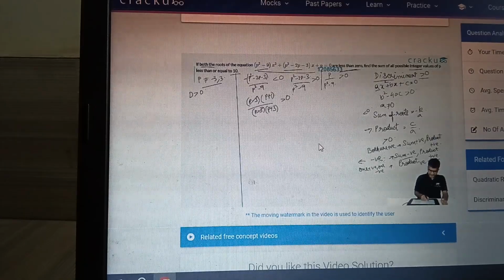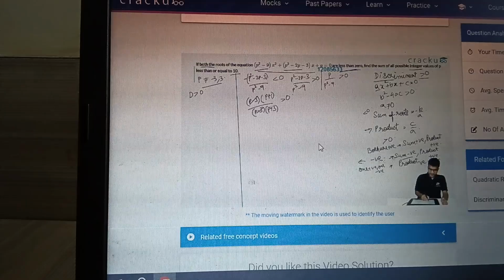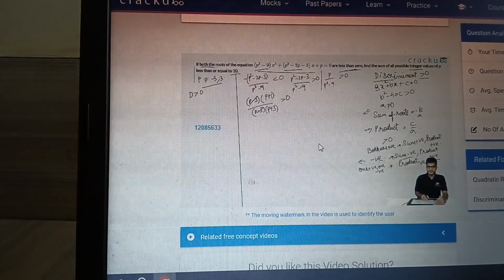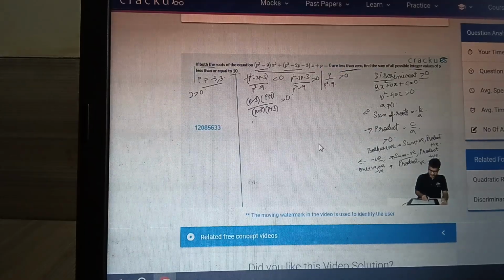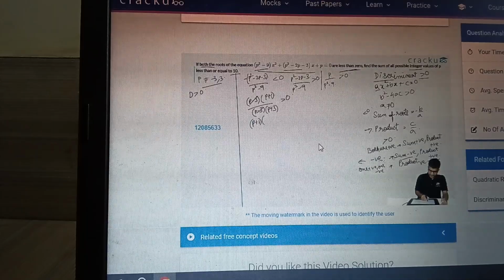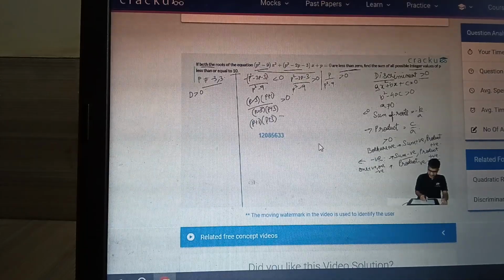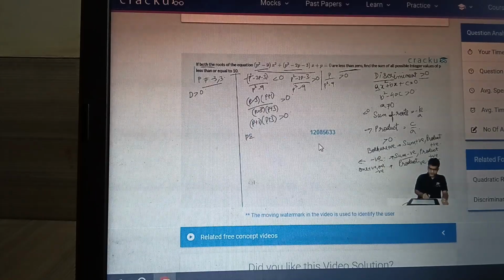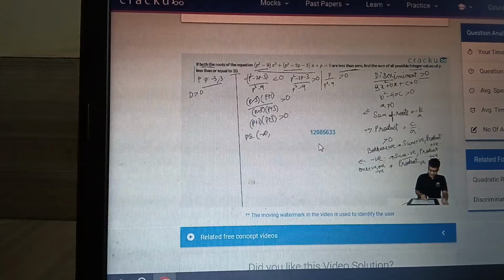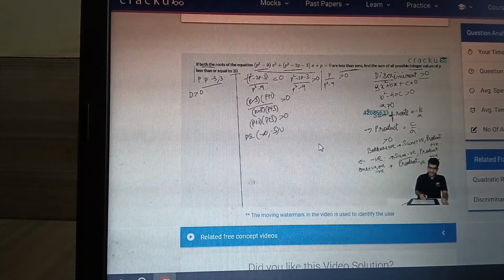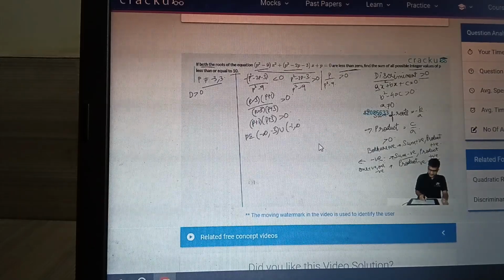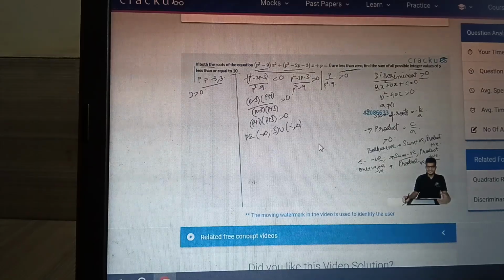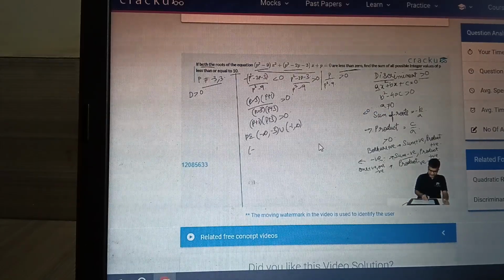We can cancel p minus 3 in the numerator and denominator, or if you multiply the numerator and denominator with p plus 3 whole square, this inequality will become p plus 1 into p plus 3 has to be greater than 0. Or the value of p should lie between minus infinity to minus 3 union minus 1 to infinity. If you're looking only for integers, just to get a better sense, that will be minus infinity to